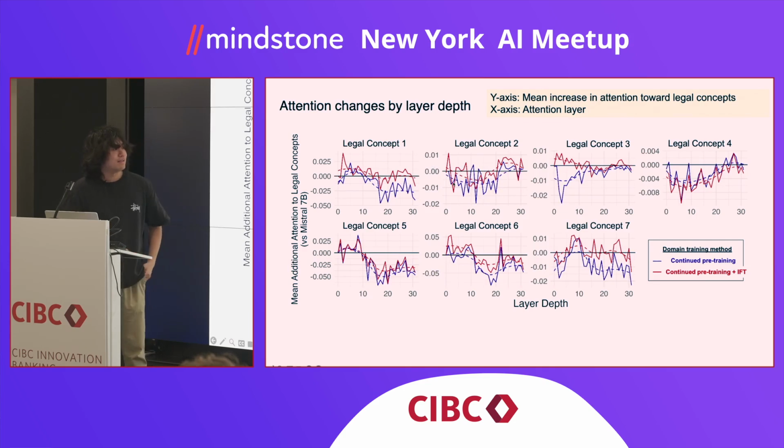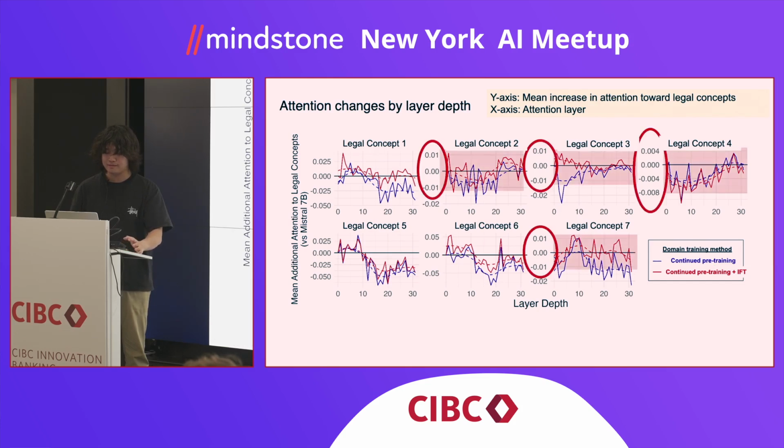So the red line is the attention change from the base Mistral 7B after both continued pre-training and IFT. And then the blue line is just what happens when you stop at continued pre-training. And there are some interesting observations. So the first is that very similarly across many of the legal concepts, when you look at the range of values that the attention changes take, it's very small. It's like within